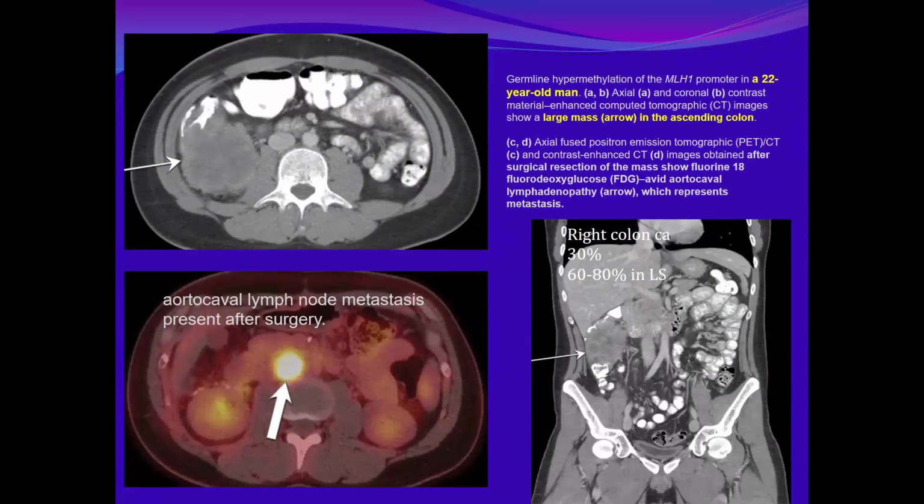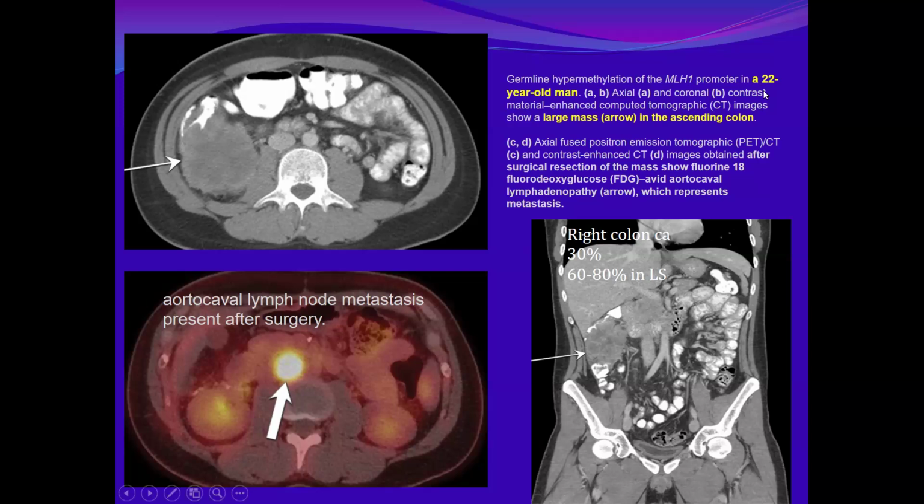And recently, they also mentioned a link between thyroid cancer and Lynch syndrome. Okay, here we can see an example of right colonic cancer in a patient